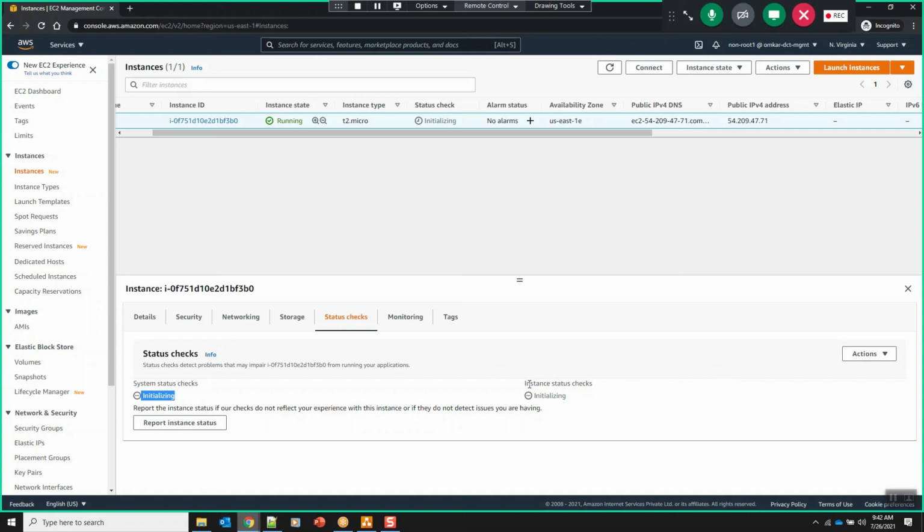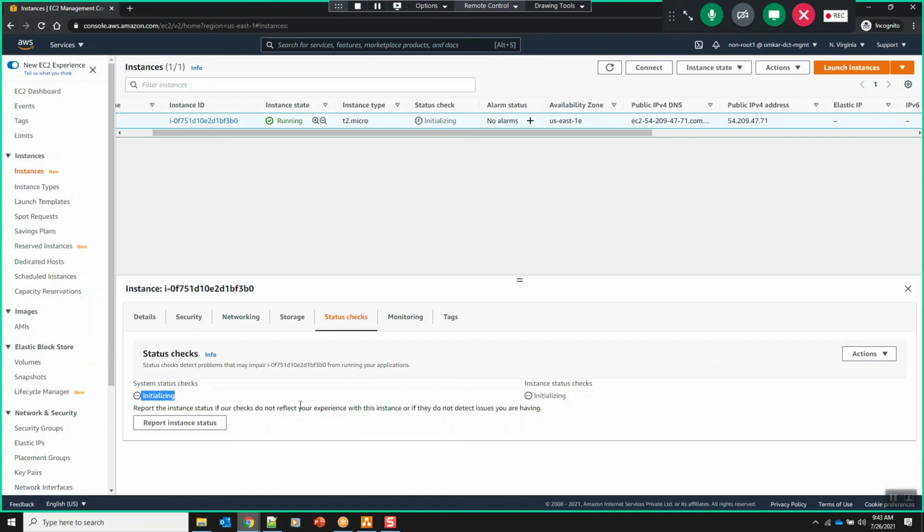I have chosen an Amazon AMI, but I could choose my custom AMI as well, so there could be some bug in my custom AMI. So for an instance status failure, maybe there could be something wrong from our side too. But if it is a system status check failure, we can't do anything. We can just complain to AWS. Did you get now what the difference is between system status check and instance status check?